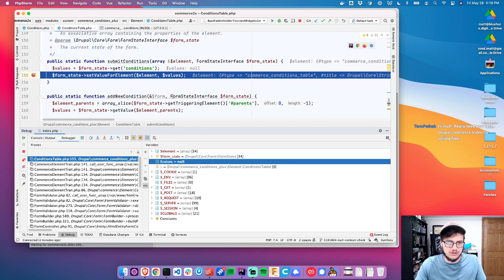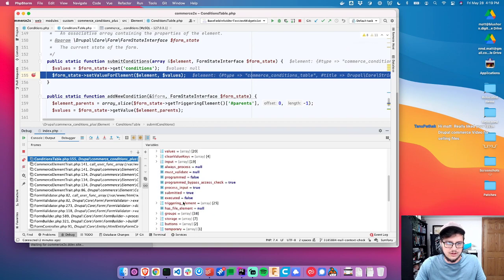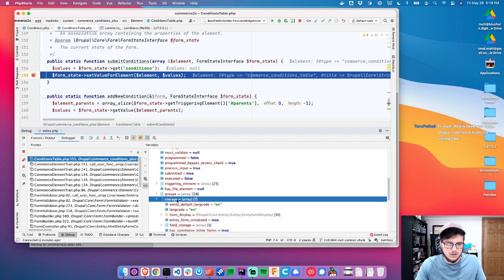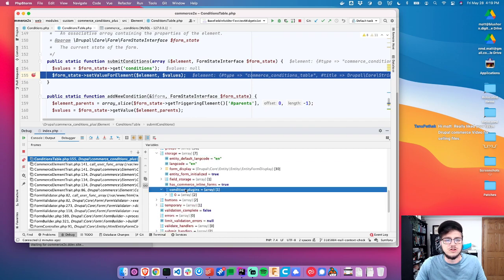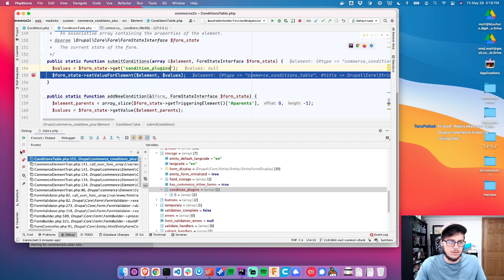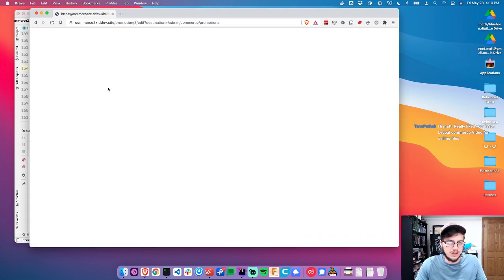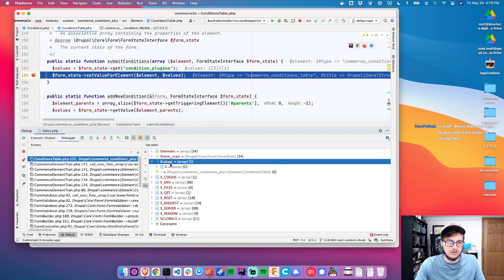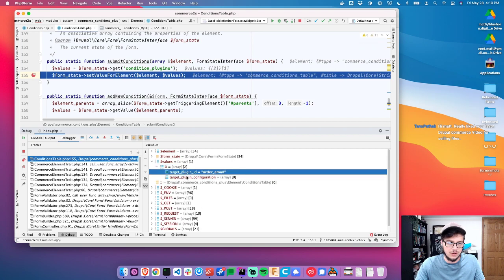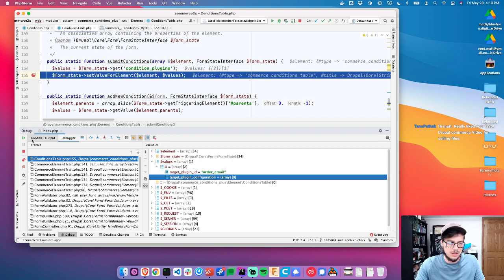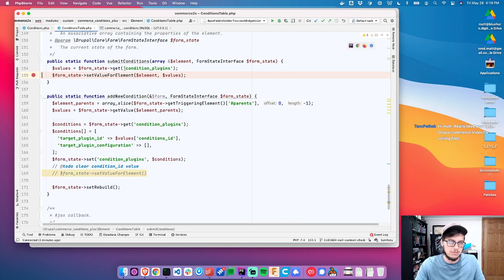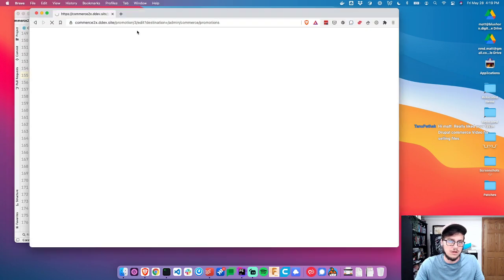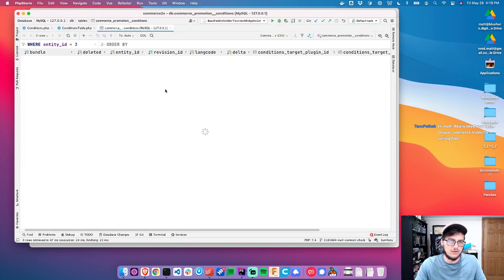So values is null. All right, form state storage. Oh, condition plugins. I forgot I changed the name. So there we go. I'm going to hit stop. Luckily, that means I can just refresh, resubmit the form, and it will run the code. Values. We have the target plugin ID. Let's click save. And if I go refresh this,